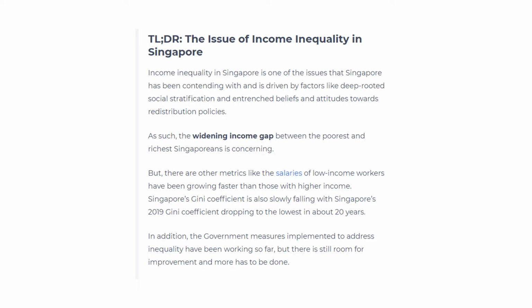Now, something I want us to take note of is that this is not an academic concern within Singapore. We've seen that the Gini coefficient has been growing in tandem with what we saw earlier, from the late 1990s to the 2000s. But this has been arrested a bit, in 2019, where the coefficient has dropped to its lowest in about 20 years. So that's almost exactly in tandem with the curve we saw earlier, where there's a lot of rising inequality, and then there are some policies in place to actually check that.